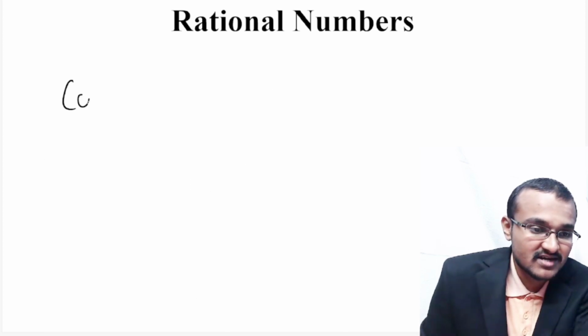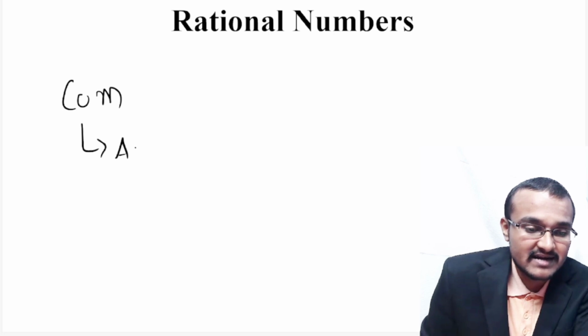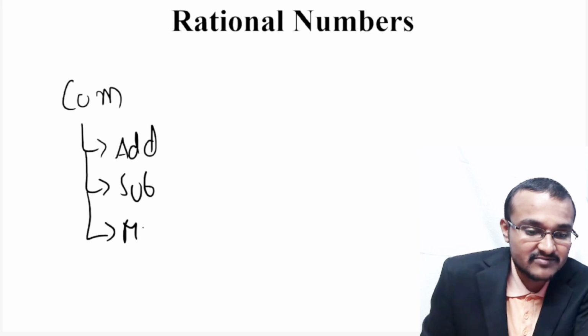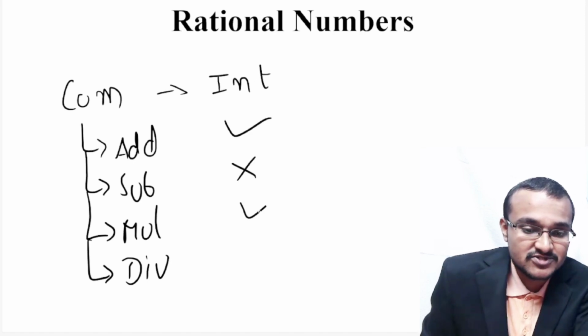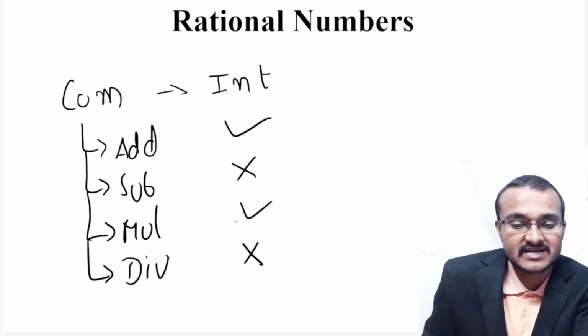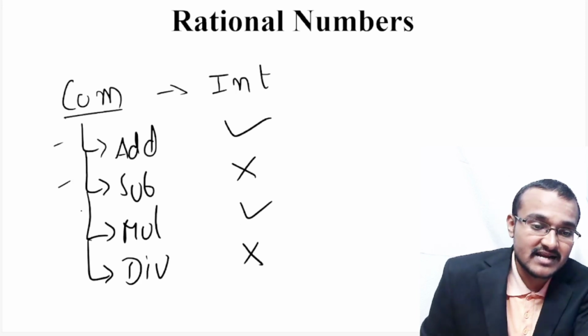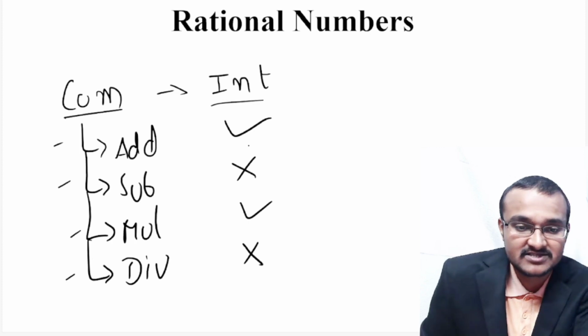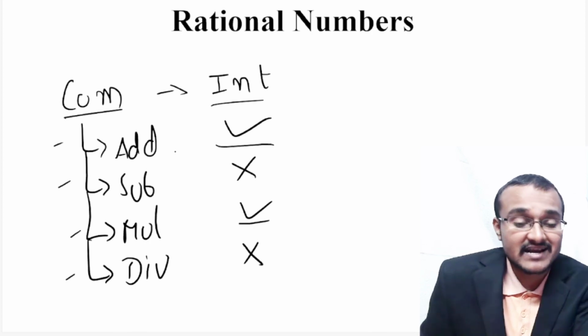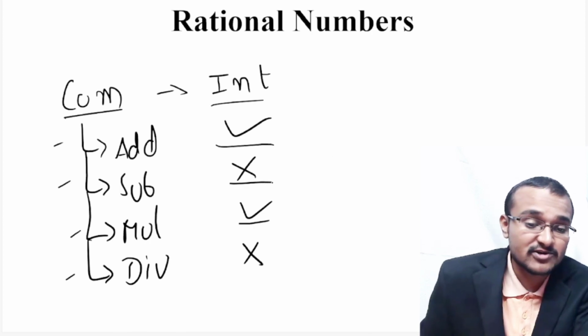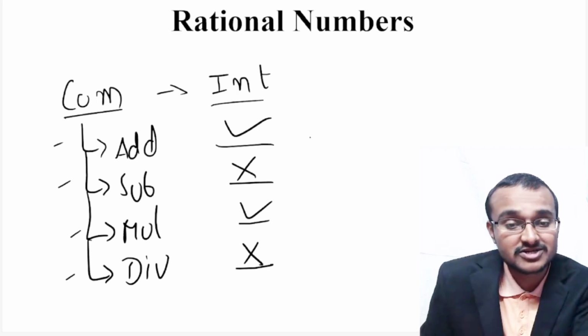So coming to the conclusion, commutative property under addition, subtraction, multiplication and division for integers: for addition, commutative property was satisfied, subtraction was not satisfied, multiplication was satisfied, division was not satisfied. So commutative property under addition and multiplication are satisfied, but commutative property under subtraction and division are not satisfied